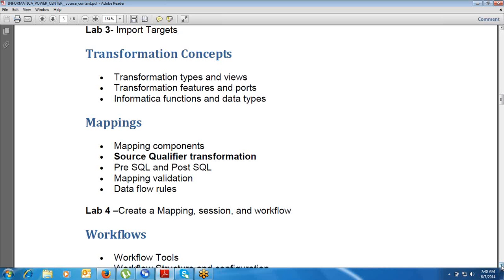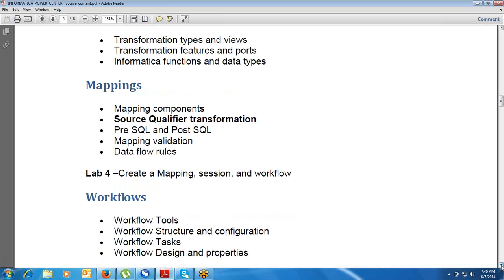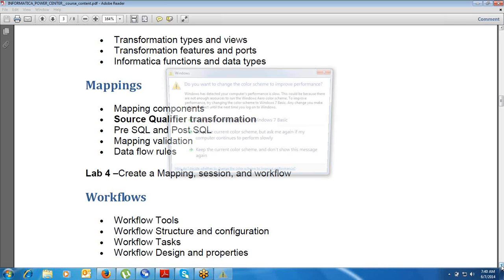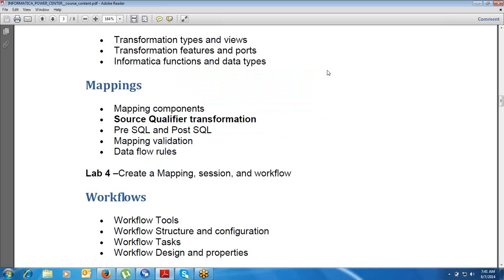In the mapping concepts, we will learn how to create a simple mapping where you extract your data from the source simply, without performing any kind of transformation, and load the data into the target. You have to create a mapping for that, and then later validate your mapping, and see how the data flows from the source to the target.